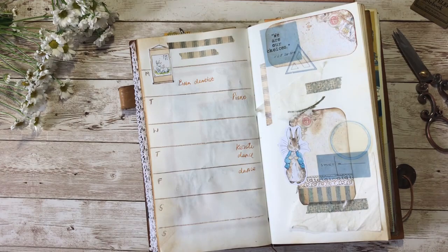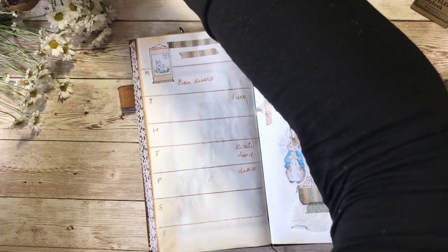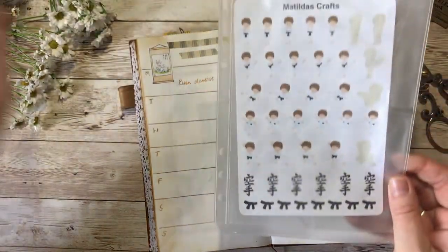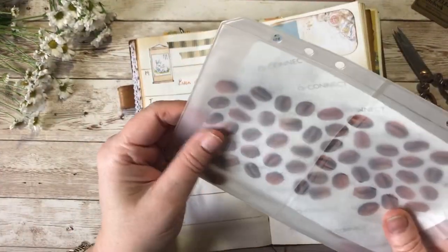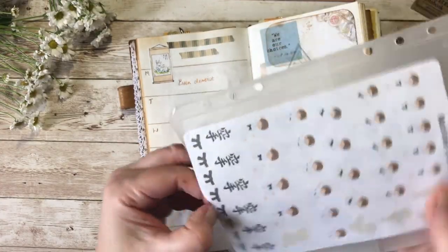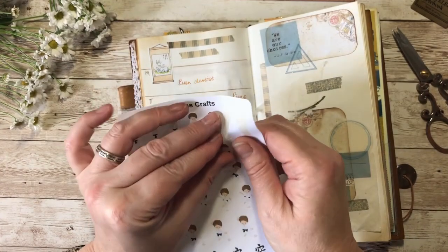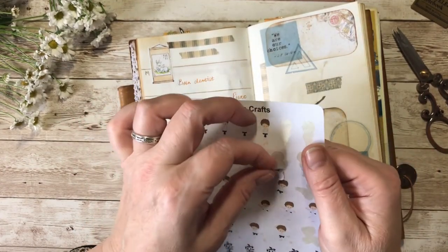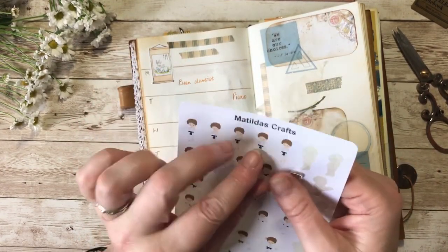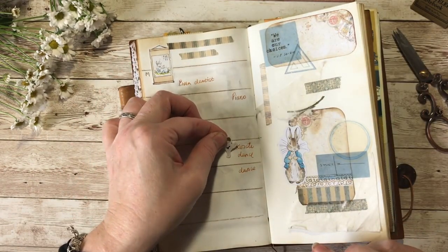And I found earlier my karate stickers that I'd lost. Have I lost them again? Here they are. I found them. I was sorting out a drawer, and these are some karate stickers that my sister gave me. So I'm going to pop in a karate sticker. I'm going to have that one of a little boy kicking, and I ripped his leg off. Poor thing. Okay, let's pop him there